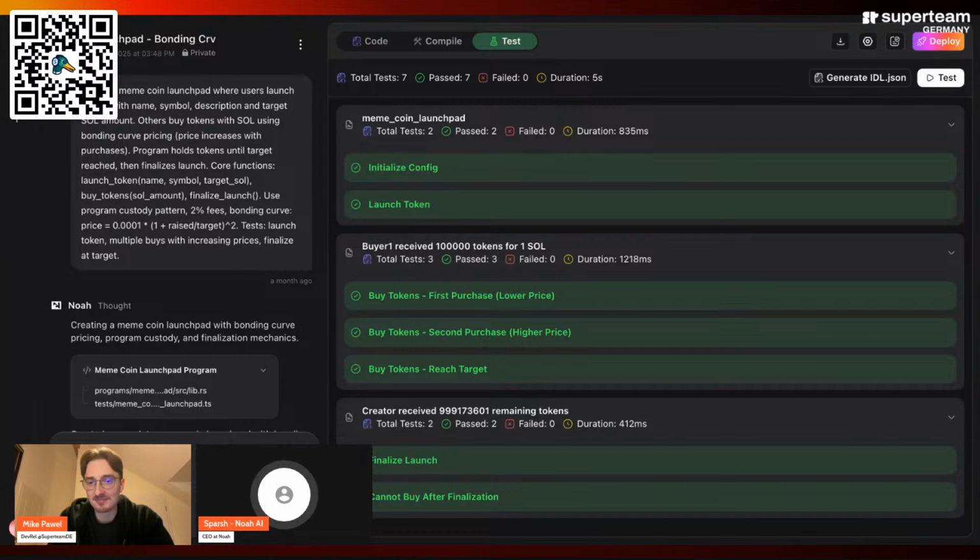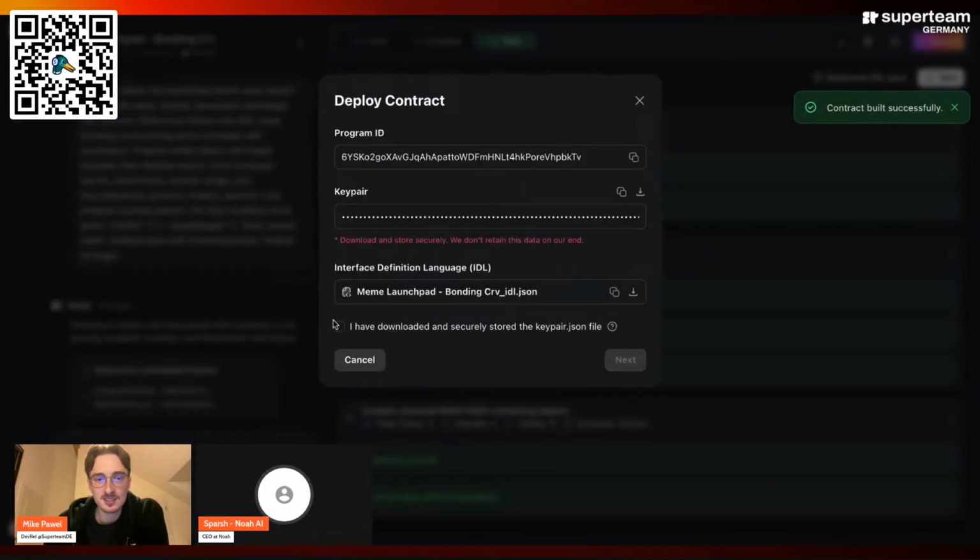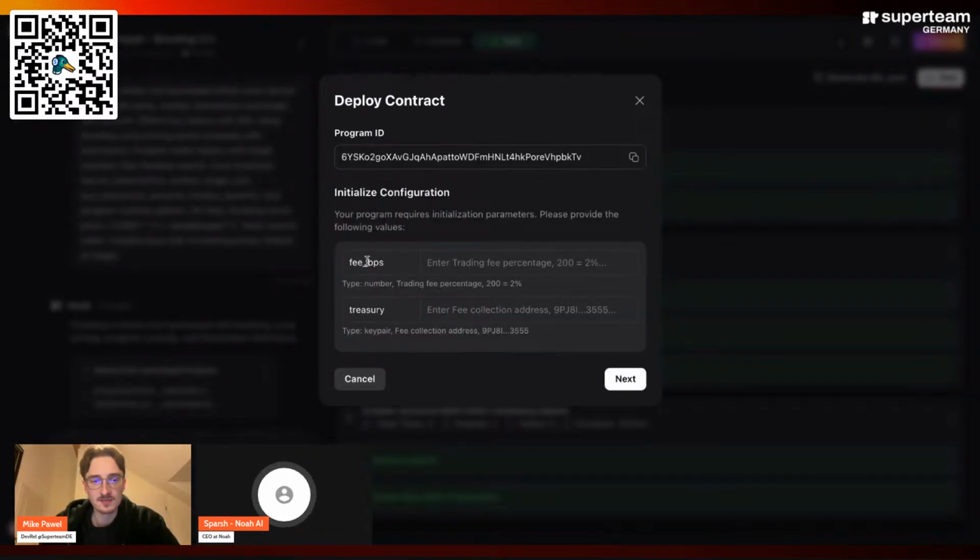I'll also show you how easy it is to deploy. It takes some time, but yeah, we're working on that. So it could be deployed pretty quickly. You can actually download the key pair if you want to upgrade the program later on. And yeah, most of the time,